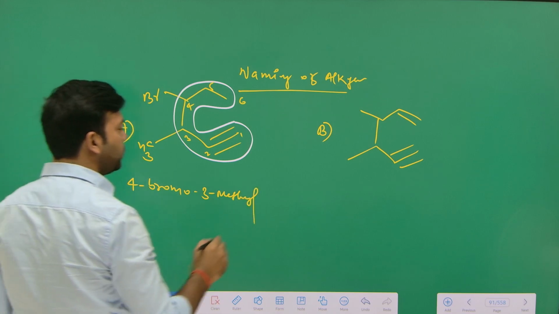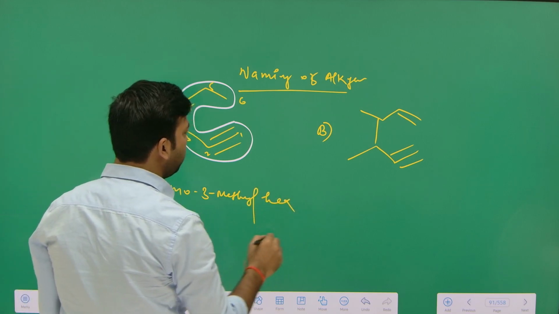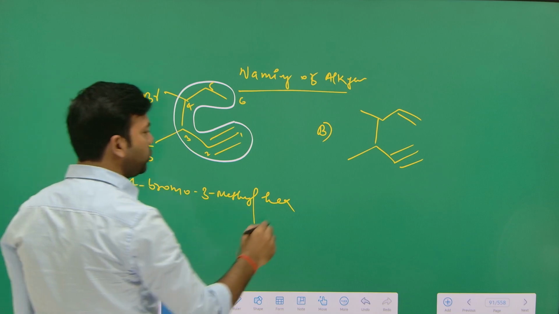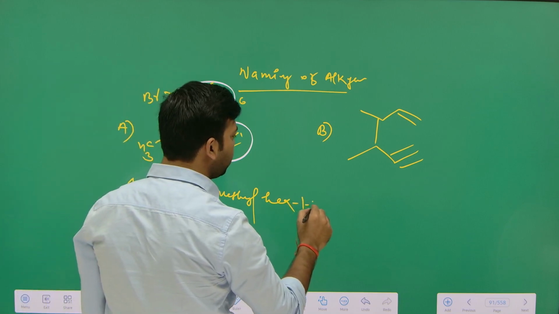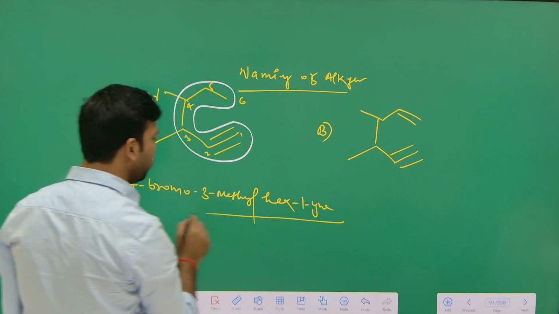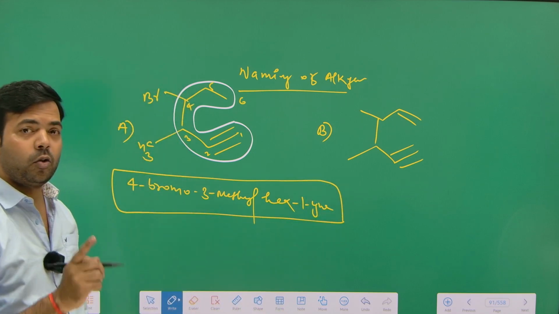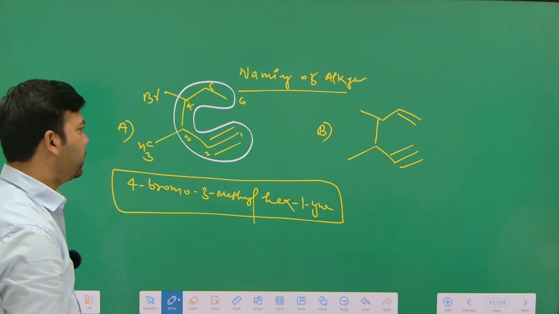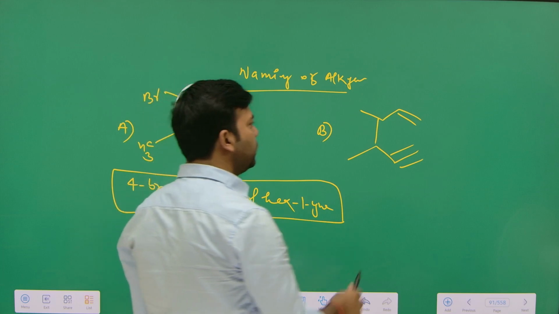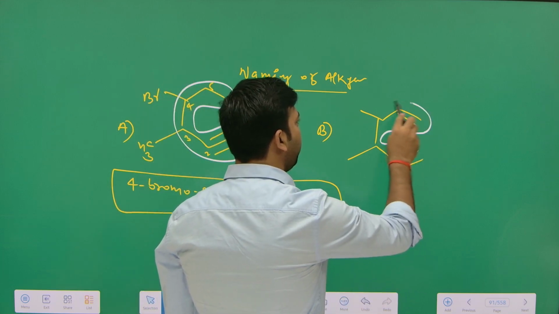Word root is hex, so hex. Number 1 has a triple bond, so hexyne, or you can say hex-1-yne. Both are correct: hex-1-yne, hexyne, or 1-hexyne. Everything is correct here. In this case, this is my parent chain, because both the double and triple bond are in the